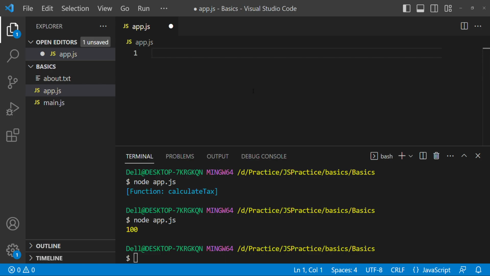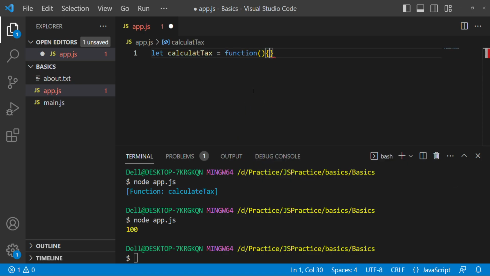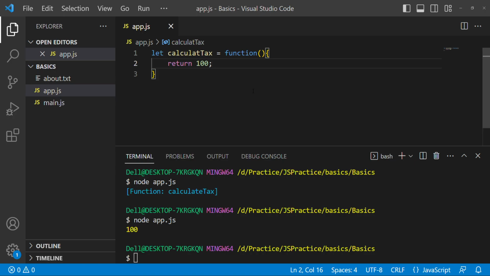Right now what we do, we write something like this: let calculateTax is equal to function, something like that, and let's say return anything. I'm not writing multiple calculations, I'm just returning a value. So with the arrow function, how I can write this code is,